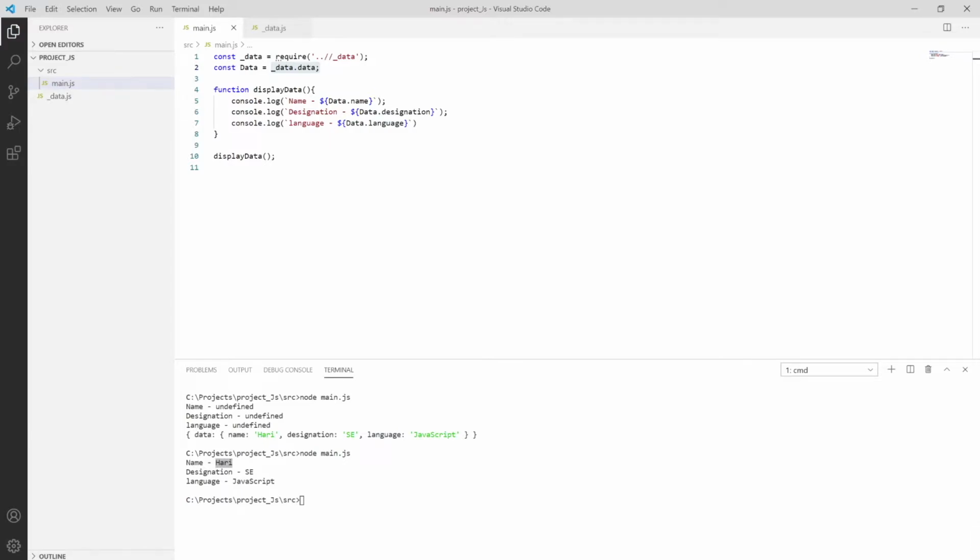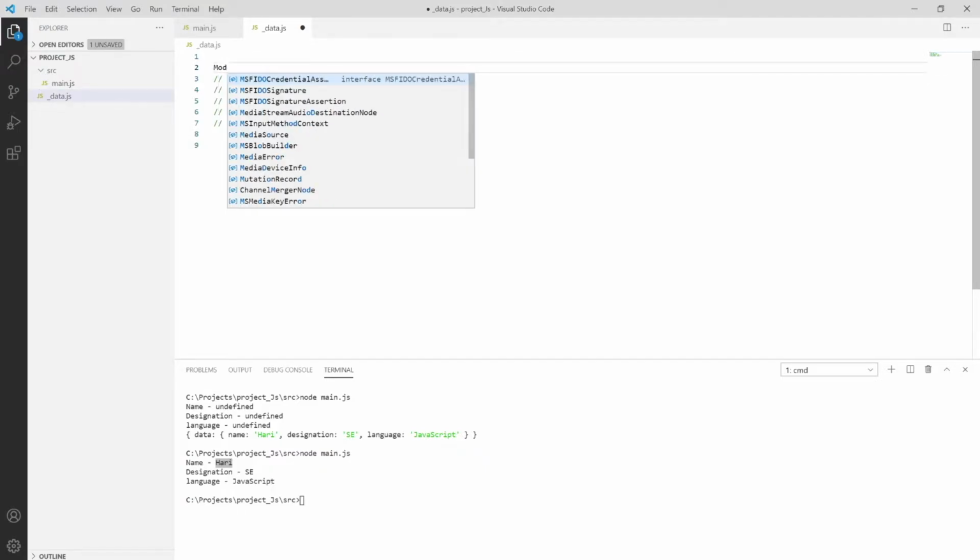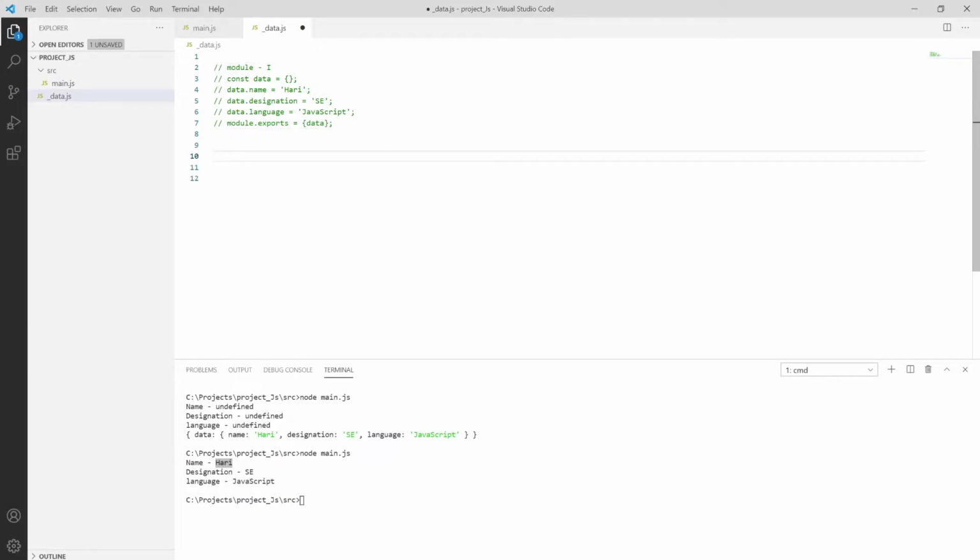We also have one more thing, which is the module.exports function. Let me put this in a comment, and write it down as module 1. Now move to module 2.